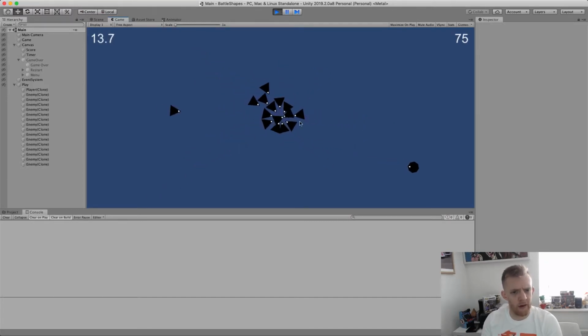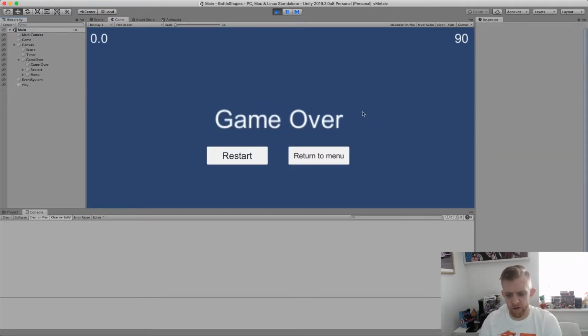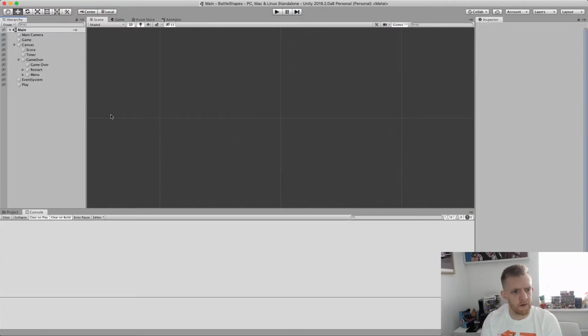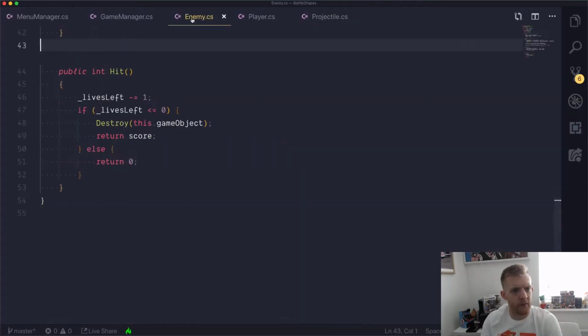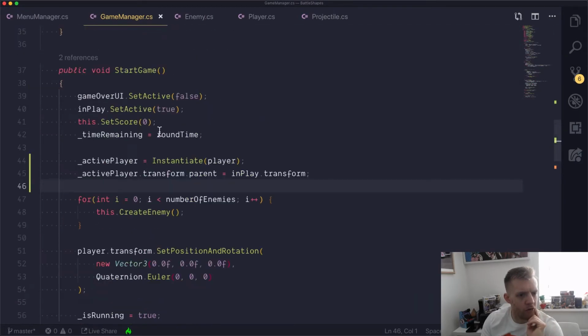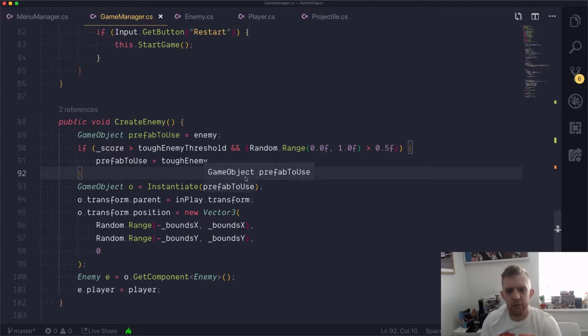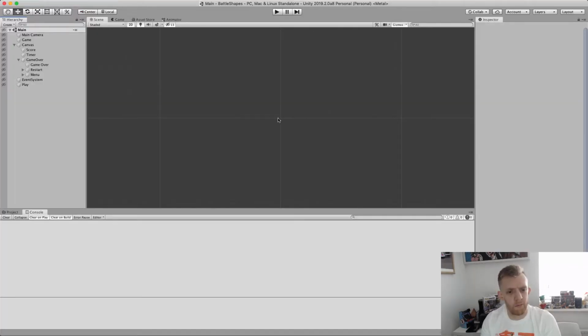So one odd thing is that all our enemies are just converging on the middle there. And the reason for that is I think they've lost their reference to where the player is. Or because the reference is a prefab, I guess it's always set to the middle. So when we create the enemy, and it has a reference to the player, we're going to want to make sure that's set not to the, we go to our create enemy, look,